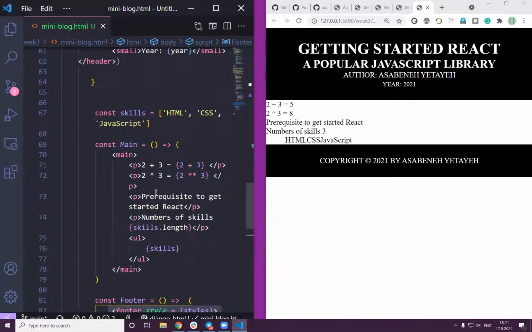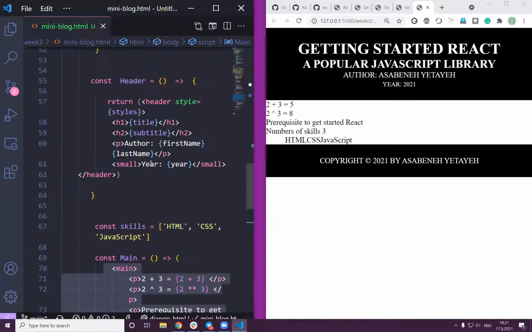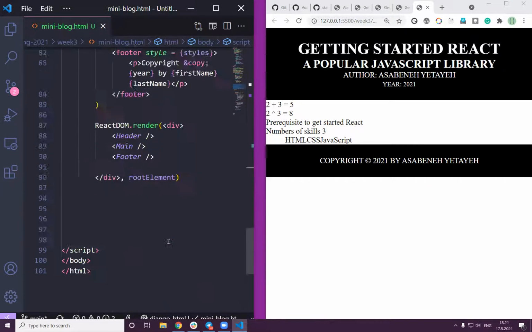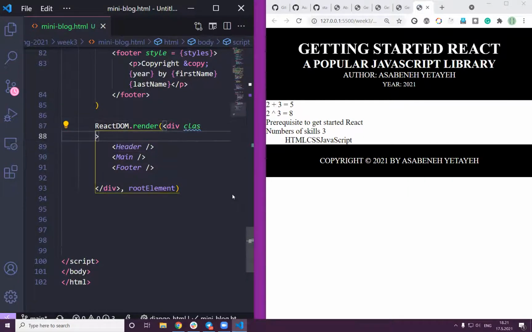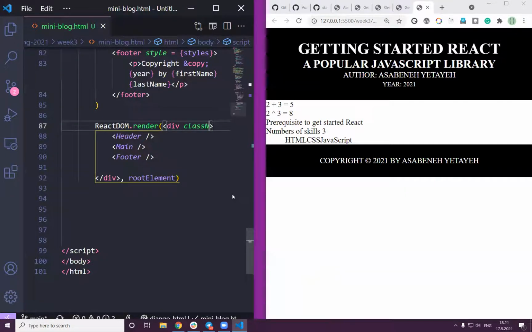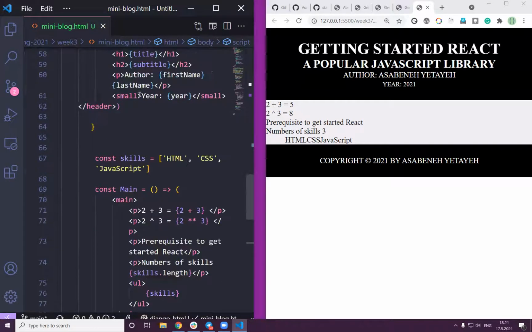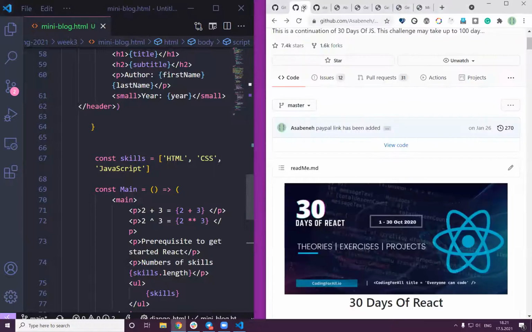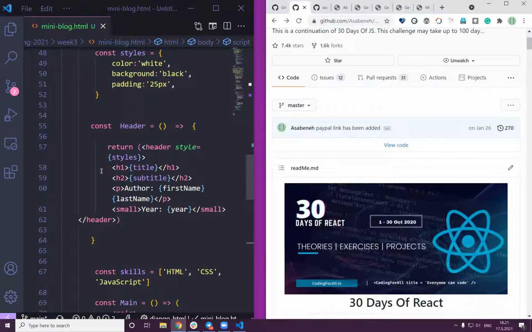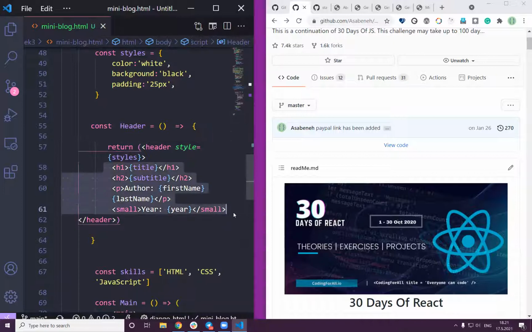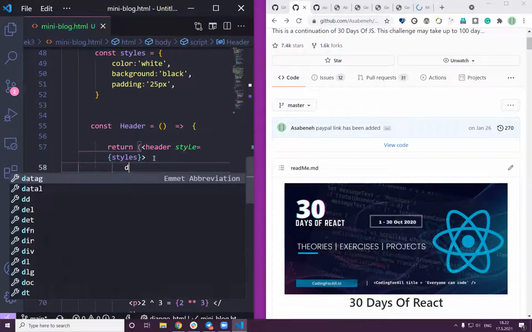We have a footer here. We have the main here. And we have the header here. So which one is the wrapper? The wrapper is going to be this one. Class name wrapper. As you can see, there's some change. And then there was a wrapper in every part of the header. If you see, there was a wrapper for this, a div,